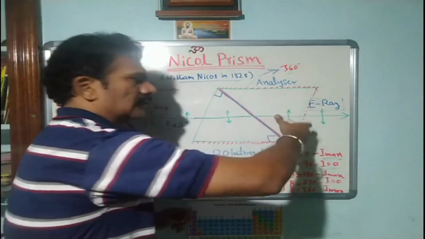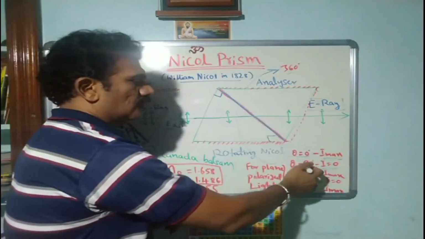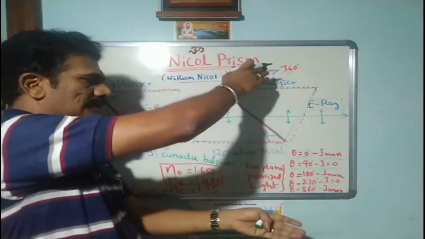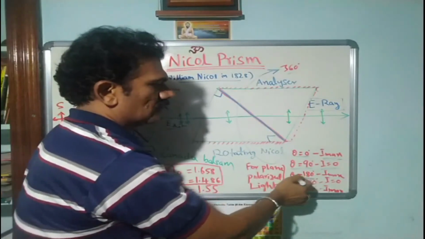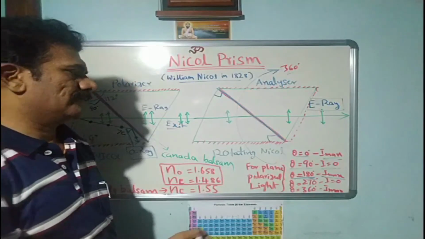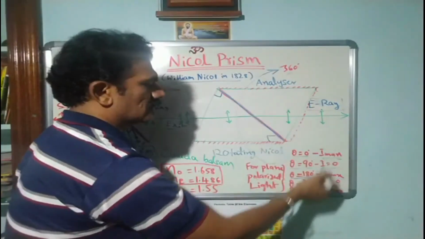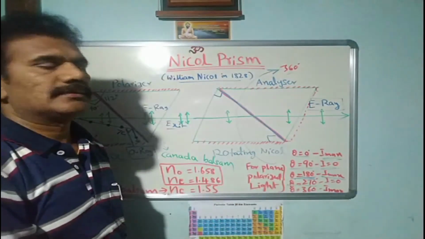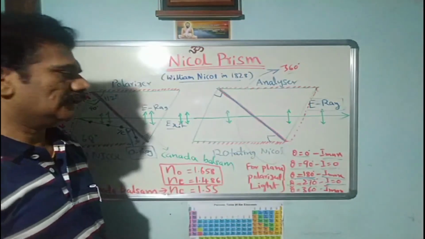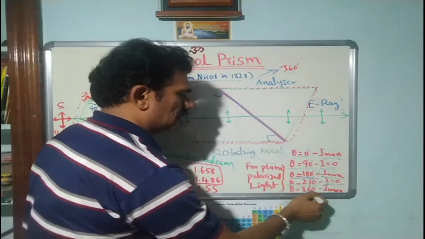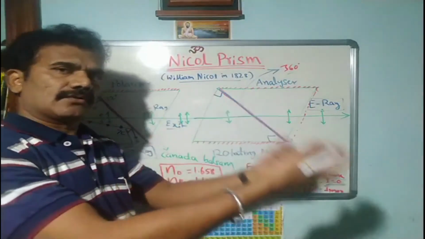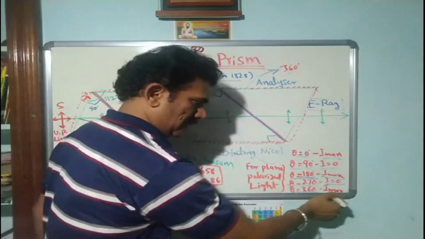You continue the rotation further. At theta equal to 180 degrees, it is exactly in the reverse direction, completely reversed like this. Then, when theta is equal to 180 degrees, again you will get the maximum intensity for the emergent ray. Then continue the rotation to 270 degrees. It becomes opposite to 90, so you will get 0 intensity. Then rotate completely to come back to the initial position, which is 360 degrees, and it completes one rotation. Then again you get back the maximum intensity.